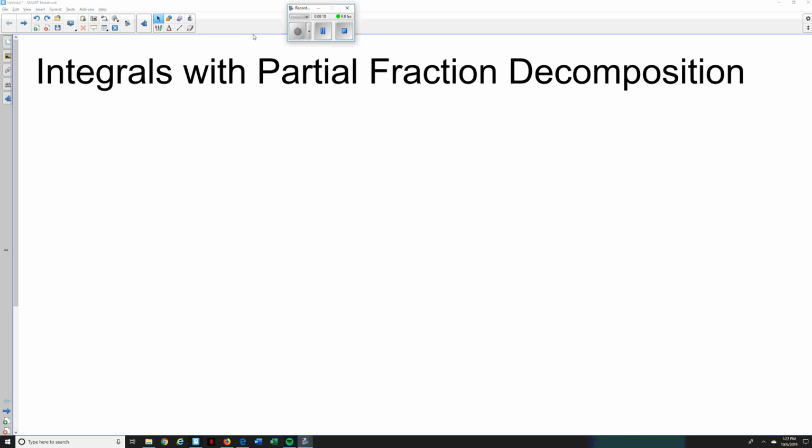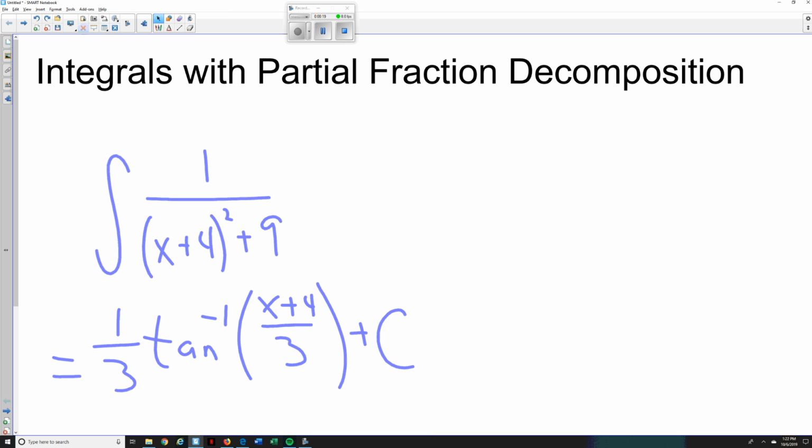All right, so let me give you a little background here. What if you had an integral that looked like this? And so we have the integral of 1 over the quantity x plus 4 squared plus 9. Perhaps you see it, but in Calculus 1, we completed the square. We completed the square to get this right here, and it worked out nicely that we get the integral of